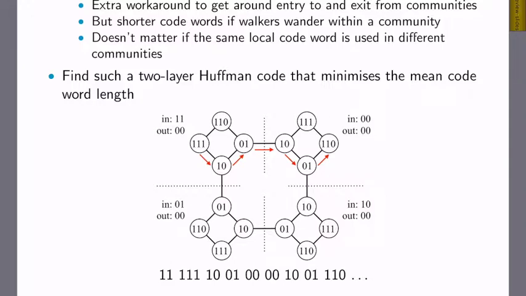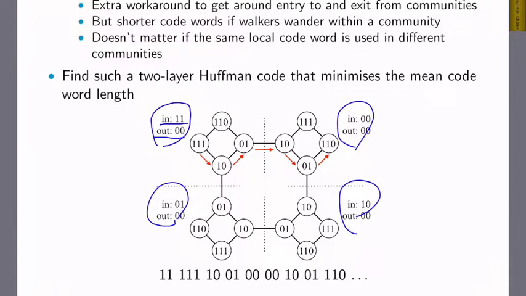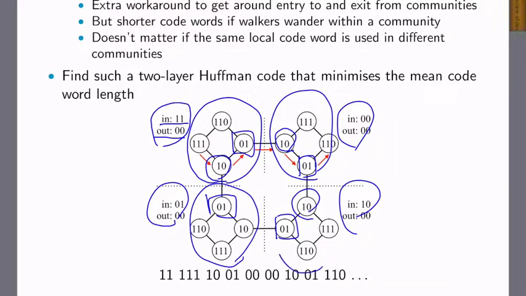If we have 4 communities, we use these codes when the walker enters and exits, and the same for the other 3 communities. If you look at this figure, you notice that many of the same codes are used in different communities. Let's say 10 is used here, and 10 is used here. Or 01 is used here and here, for example, or actually in every community. So it seems to contradict the notion of a code, in the sense that each node should have a different code word, but it doesn't, because we are assuming that the code book is local to each community,